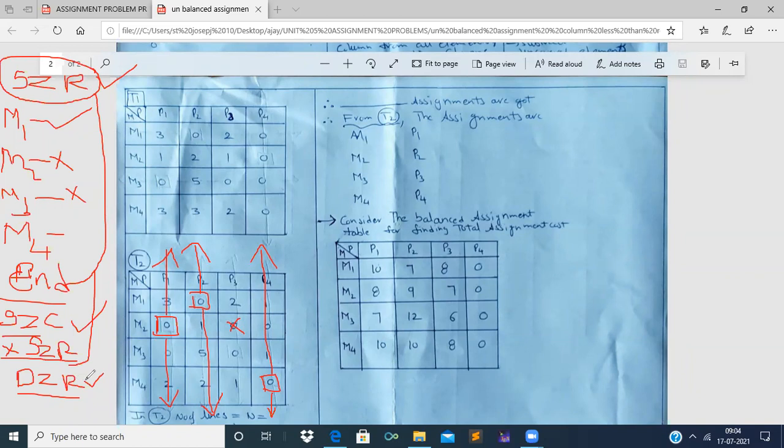Now as we are in the double zero row search, let us go for the third row M3. Double zeros are not found, and in M4 also double zeros are not found. Now we have to search for double zero columns. The first column is exhausted, the second column is exhausted, and the third column is containing the elements 2, 0, 1. As we have struck off this 0, we should not count this 0.